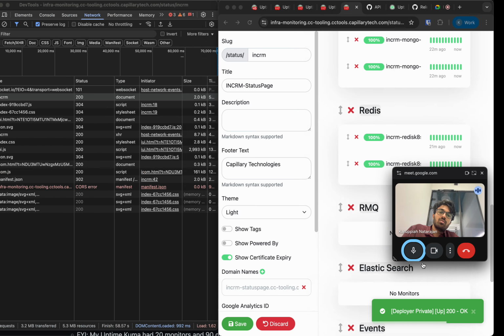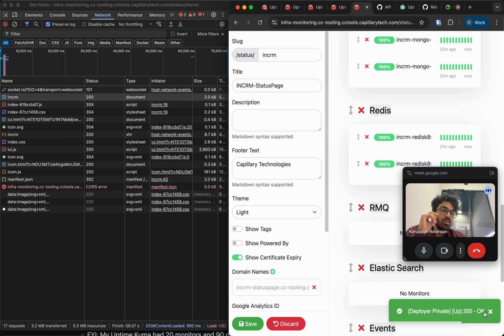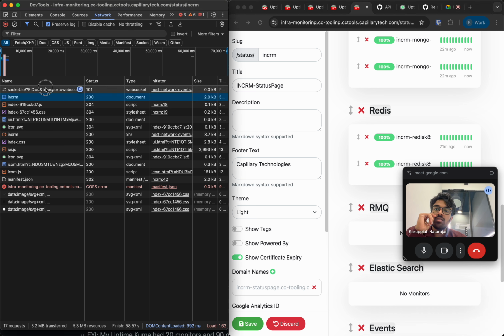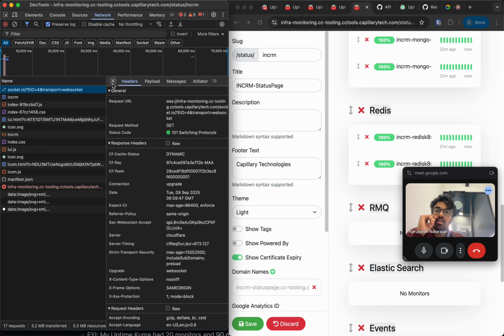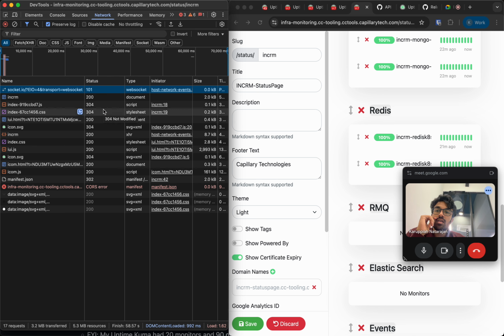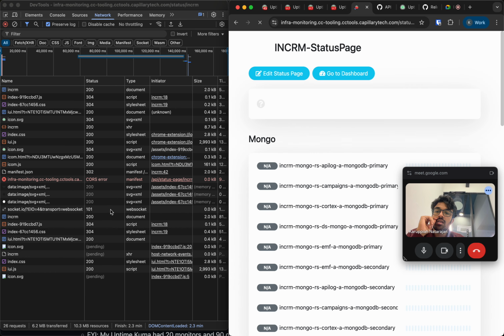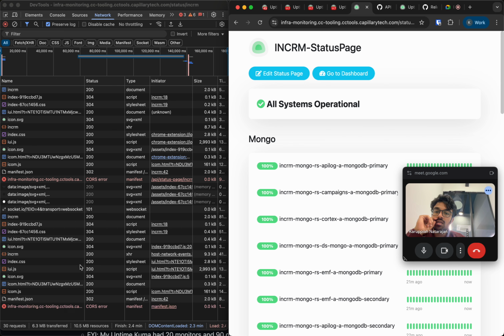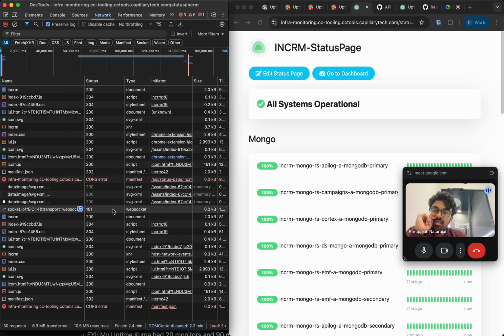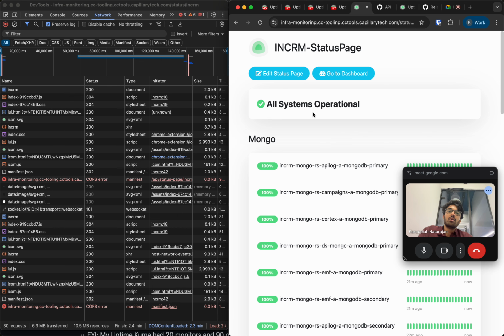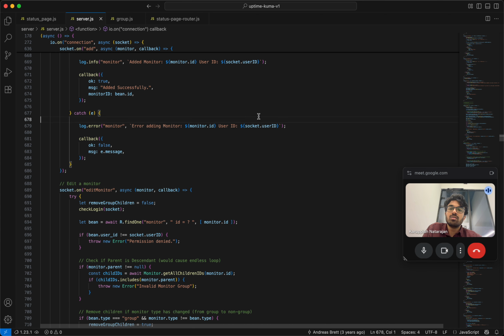Okay, I need to close this. Now if I say, oh, there is a socket, okay. Now if I save this, there is only one socket thing going on here. I think if they use WebSockets and do things, let me see that. This is V1 though, so